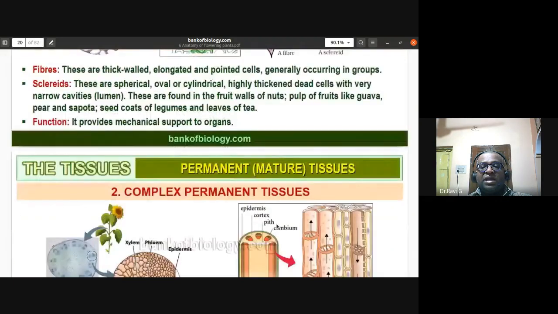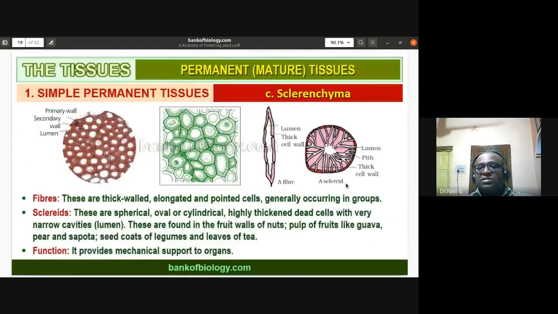Based on the shape of sclerites, different types are there. If they are bone shaped, we call them osteosclerites. If they are star shaped, we call them astrosclerites. Some of them are triradiate, and we call them trichosclerites. Then there are macrosclerites, which are columnar and occur in groups. Brachysclerites just look like a mosquito coil, so they are called brachysclerites.